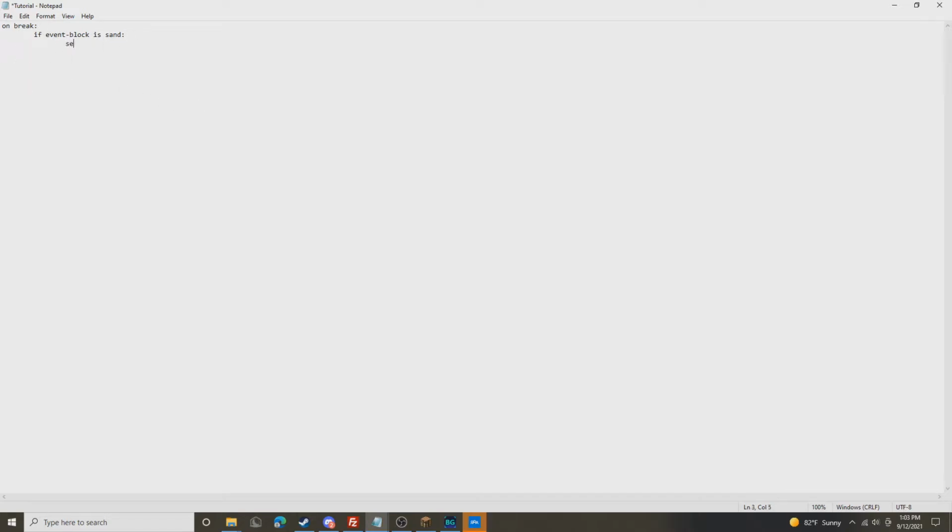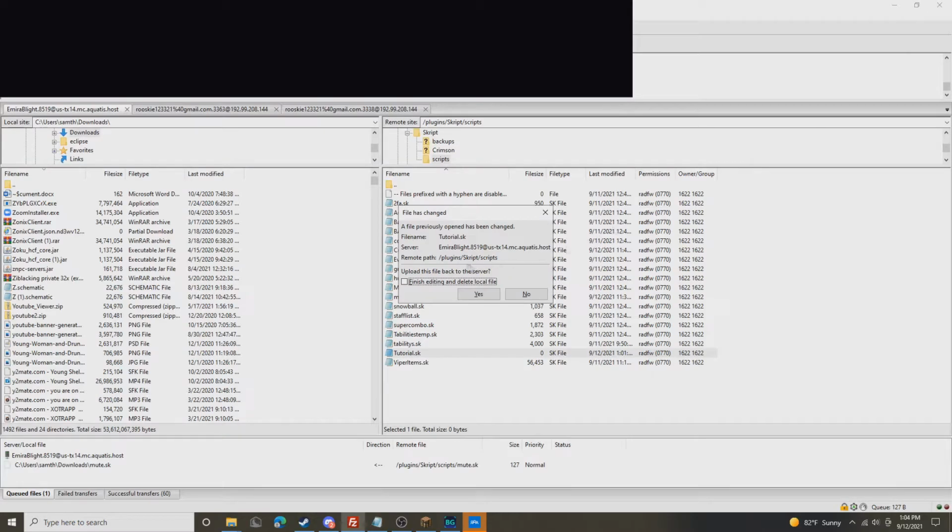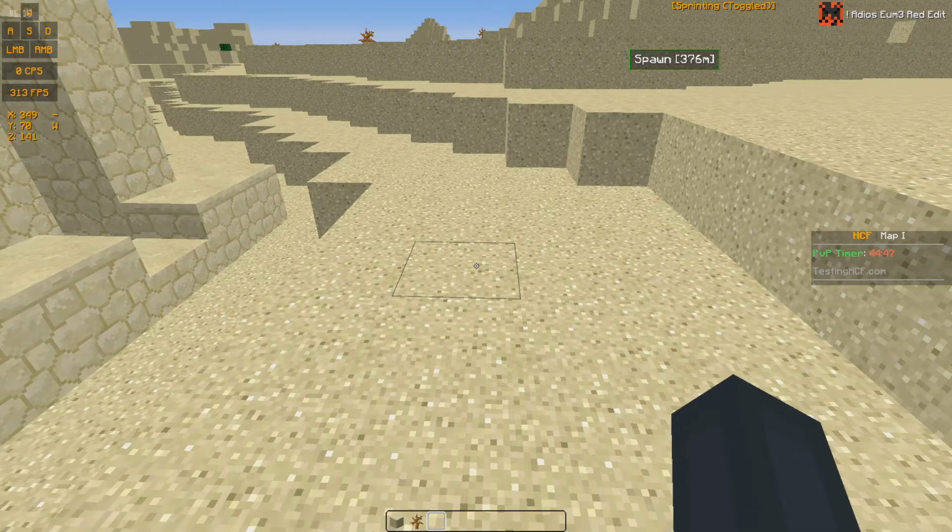After every time you have a colon, you want to add a new tab. If send, and anytime you're doing a message, it's always in quotes. Send just means send message in chat. Send, you have broken sand, in quotations. And you can use color codes in Skript. I prefer to use the and, C and A and F, whatever, but I believe there are several other formatting systems that work. I won't go into them, but I will mention that they exist. And this is saved. We can update that, and if we Skript reload tutorial,